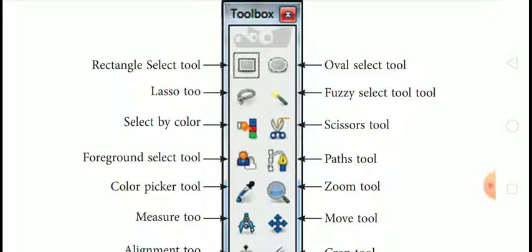The first is the rectangle select tool, oval select tool, lasso tool, fuzzy select tool, select by color tool, scissor tool, foreground select tool, path tool, color picker tool, zoom tool, measure tool, move tool,